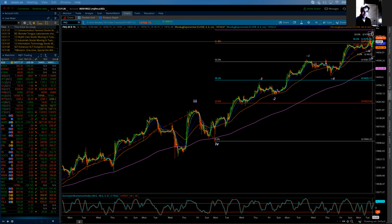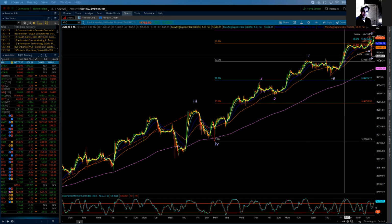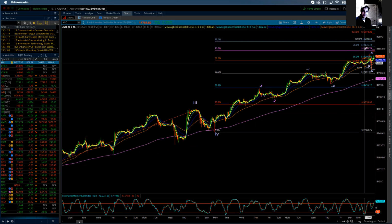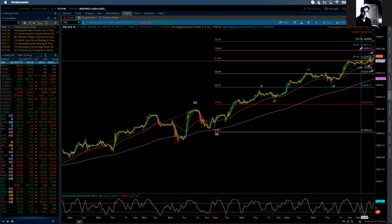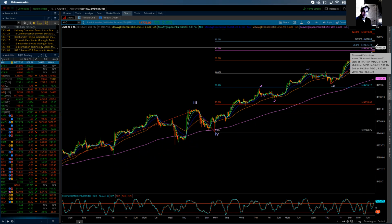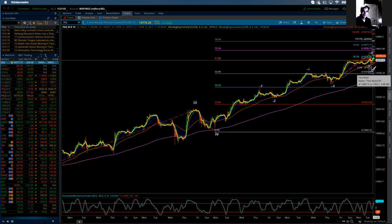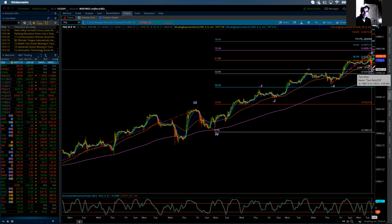With this being complete, we're now going to be looking for the completion of the subminute wave 3. So we've done waves 1 through 4. We're in the 5th, and expectations would be for it to get up above 14,800 and up into this zone to complete. Now, today's completion of that 3rd and then the 4th allowed me to add Fibonacci extensions so that we can get some idea of